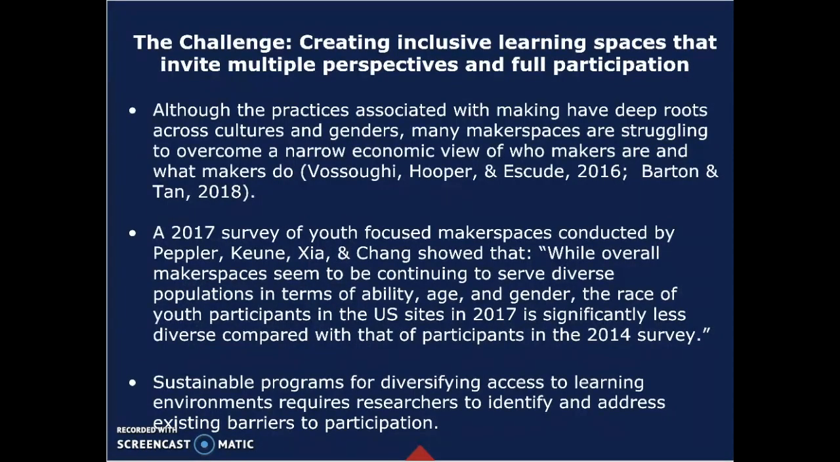Despite the benefits of these learning environments, we need to recognize the challenges. Although the practices associated with making have deep roots across cultures and genders, many makerspaces are struggling to overcome a narrow economic view of who makers are and what makers do. In 2017, a survey of youth focused on makerspaces was conducted by Pepler and colleagues, and they found while overall makerspaces seem to be continuing to serve diverse populations in terms of ability, age, and gender, they're actually becoming less